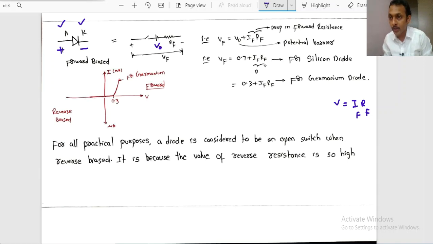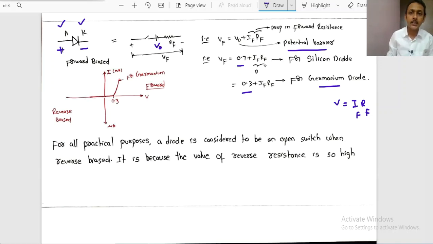The amount of voltage that will be wasted or dropped across the diode in forward biased mode, right? Now V0 indicates the potential barrier. If you recollect the basics, for silicon, that potential barrier will be 0.7 volt. If it is a germanium diode, the barrier potential is 0.3 volt. So we can write Vf equal to 0.7 plus IFRF for a silicon diode, Vf equal to 0.3 plus IFRF